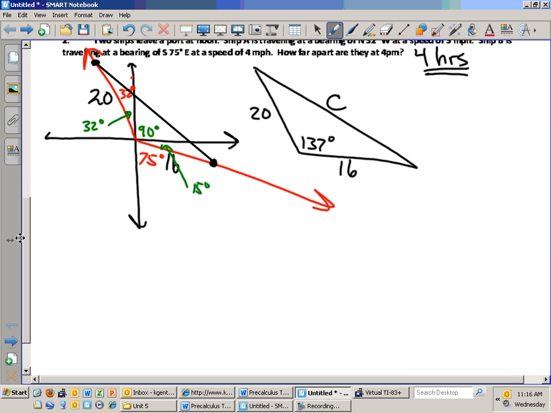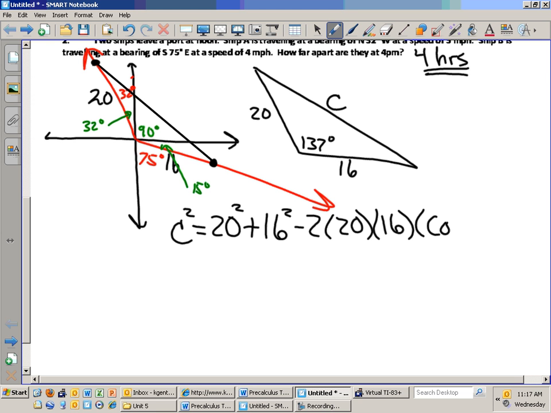Included angle, you mean? So side angle side. Side angle side says we use the law of cosines. So I will say the law of cosines says c squared equals a squared, 16 squared minus 2 times 20 times 16 times the cosine of